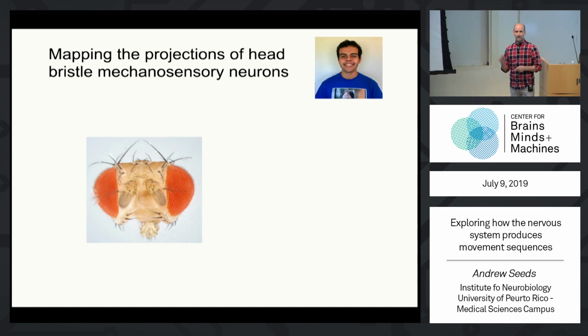So just to briefly introduce you in a little more depth to the mechanosensory bristles on the head, we've identified driver lines that target the eye bristle mechanosensory neurons, but we've yet to identify drivers that target bristles on other parts of the head, such as the top of the head or the vibrissae down here. So what we've been doing, with the help of Adrian, is to do dye fills from different bristles on the head